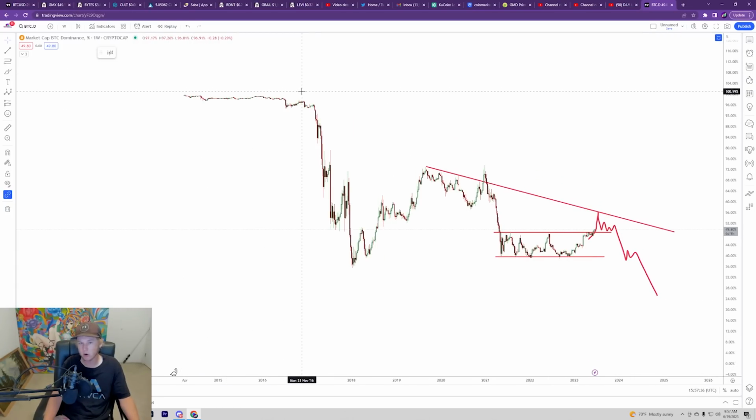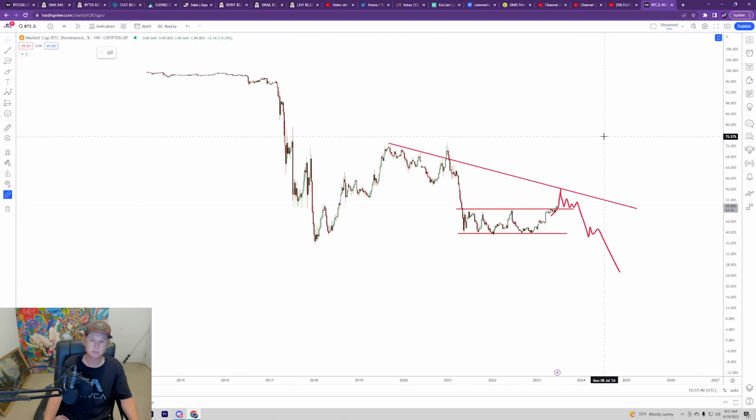Remember, big picture, altcoins are in an uptrend. Remember, big picture, Bitcoin dominance is actually in a downtrend. We're constantly seeing altcoins growing. We're constantly seeing them improving and gaining market share. So even with this breakout, it doesn't necessarily mean that we're going to start breaking out and going into new all-time highs or anything. This is a downtrend that will continue to be in a downtrend as long as altcoins